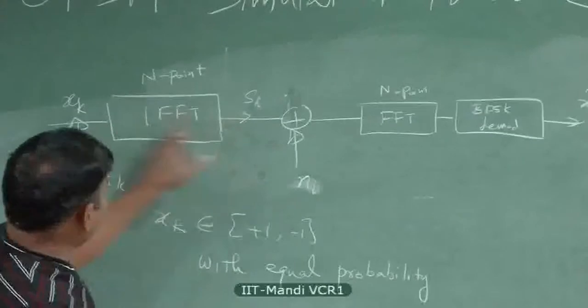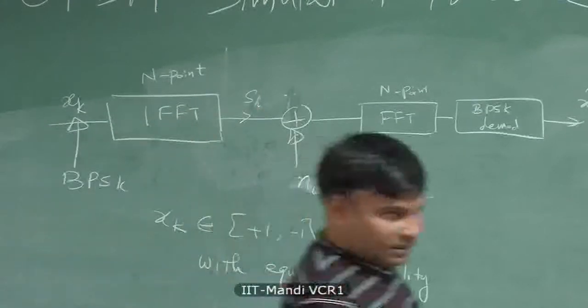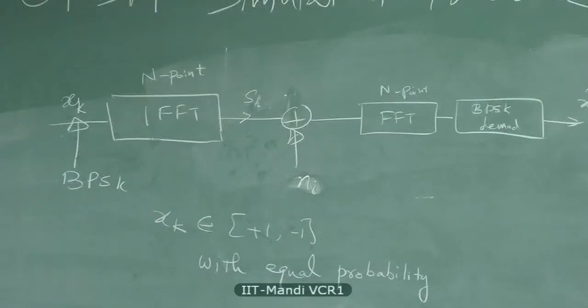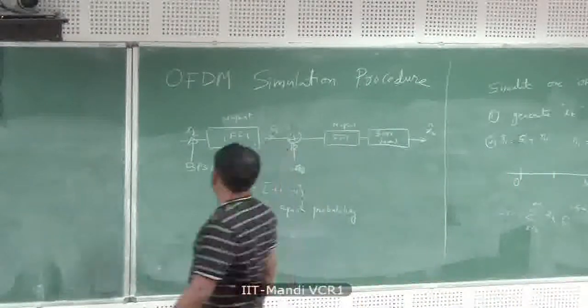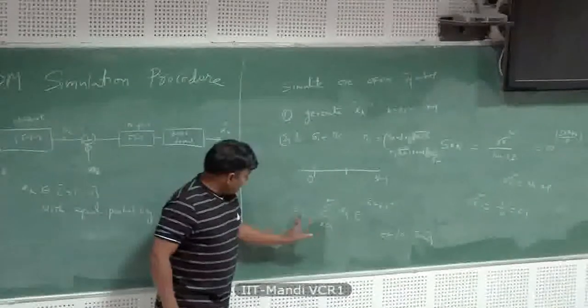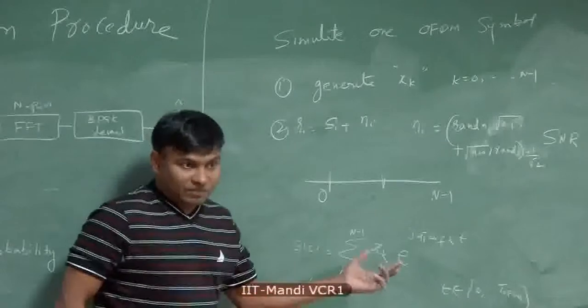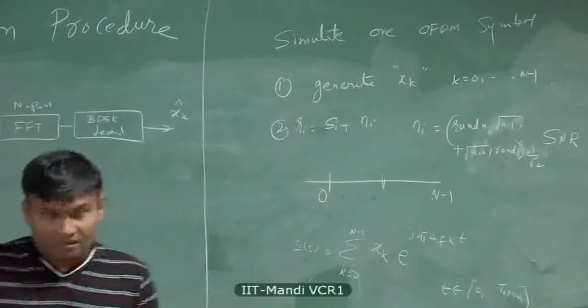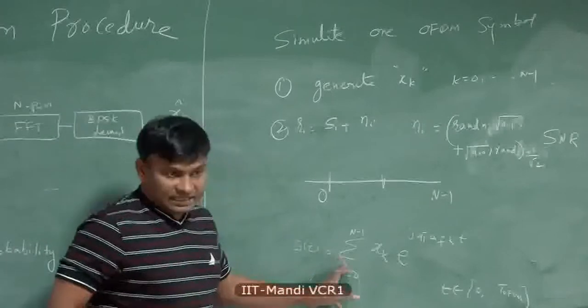That means the total power in s over all samples should be N in this case, so you should check that. The power contained in any one sample s(i) is 1. If you do this, that's what would happen: the total power contained in the signal is N, and each subcarrier will have a power of unity. So basically you shouldn't put any scalings here.